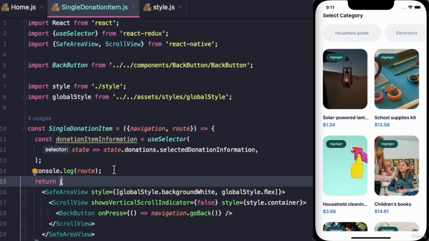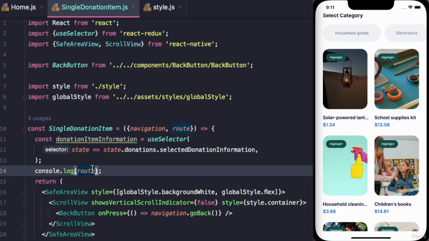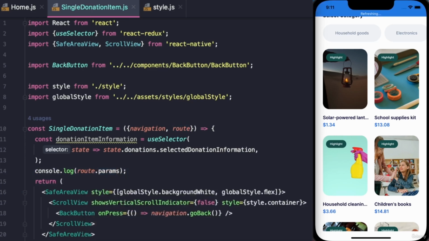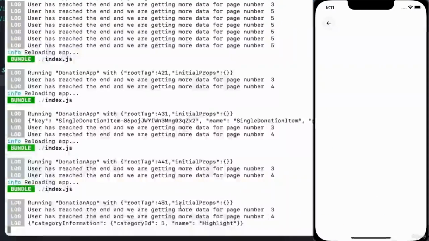So if we come here and console log root.params, and we go to this page here, we are going to see that our category information has been passed and its name is highlight. So we're going to be using this for our badge. Now let's just go